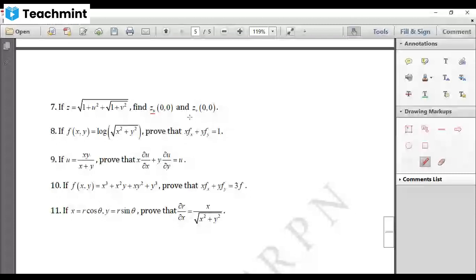That's it. Here, x into fx plus y into fy. Partial derivative of f with respect to x, and partial derivative of f with respect to y. So do all those things